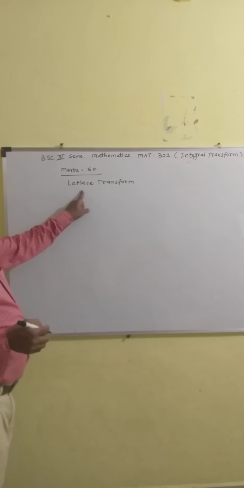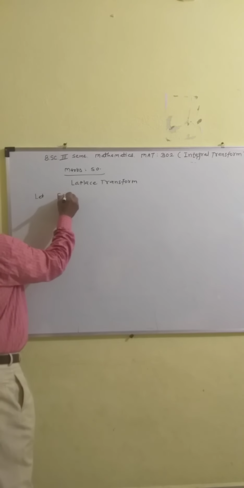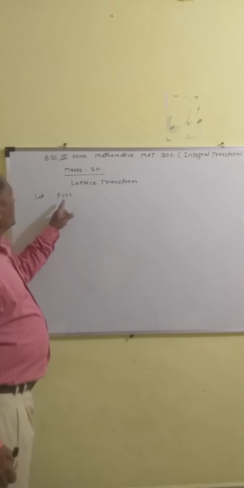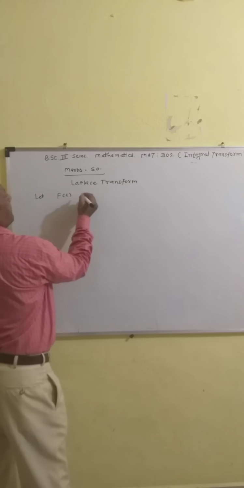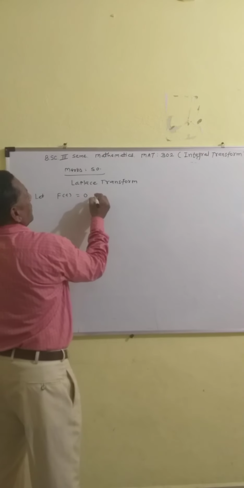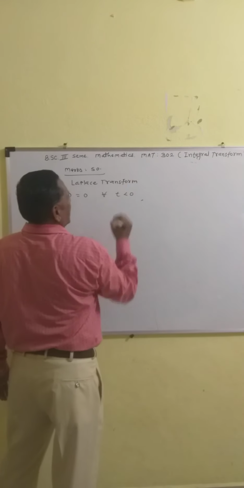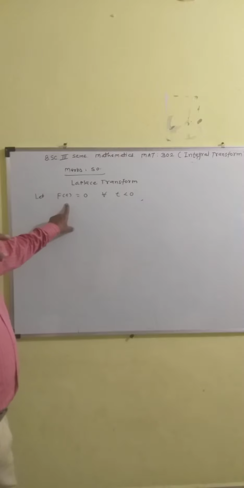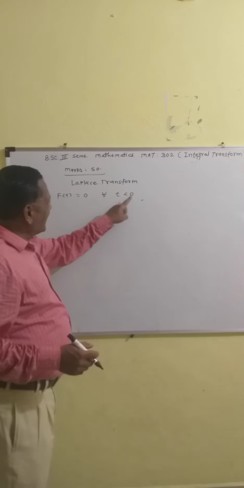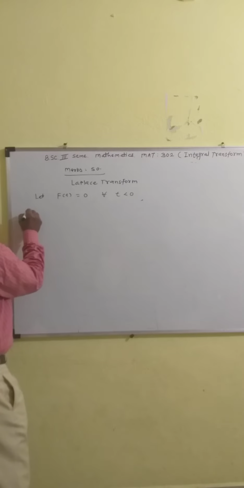Now we see the definition of Laplace transform. Let f of t be a function. It is a real function, real valued function, or complex valued function. If it is a real valued function, then the value of f of t is equal to 0 for all t less than 0, and here f of t is a real valued function in the range minus infinity to infinity. Therefore, if t is less than 0, then the value of f of t is equal to 0. So the definition of Laplace transform: